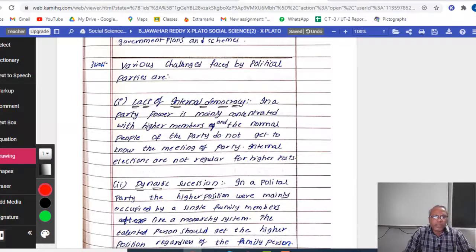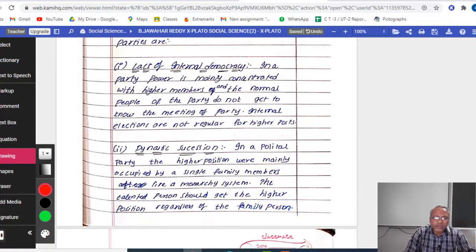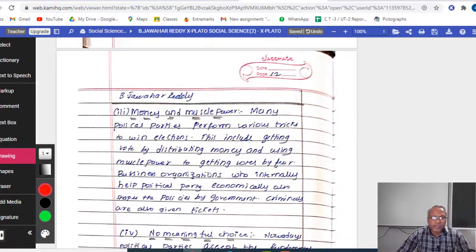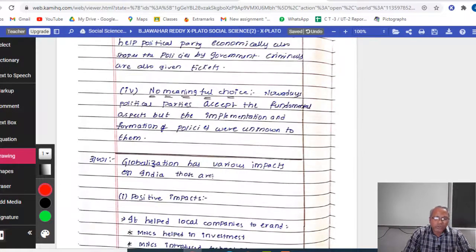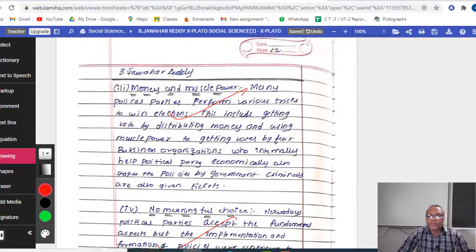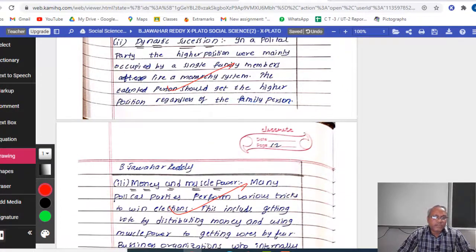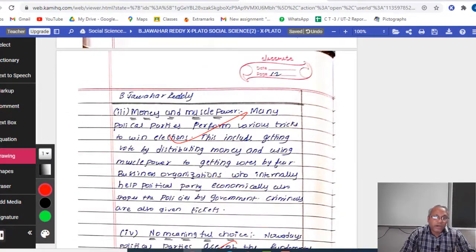Point number 1, lack of internal democracy, is the correct point. Then dynastic succession, and money and muscle power, another point. Then no meaningful choice. So all the points are available. There is no need to deduct marks at all, so he gets full marks for this question also.